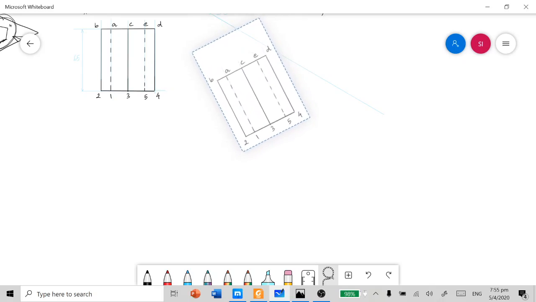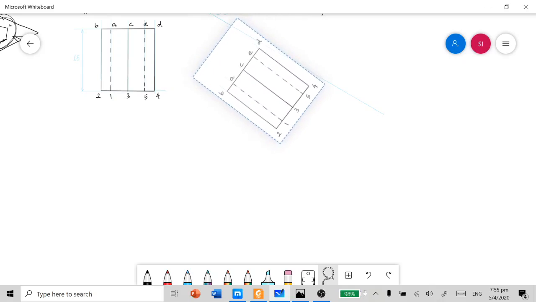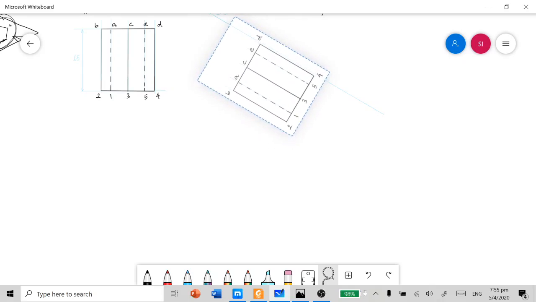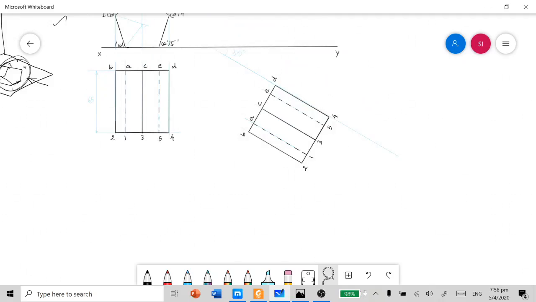And here you need to maintain a small gap between the XY and the lateral view in order to avoid touching the solid's lateral view with XY. Now I made it.